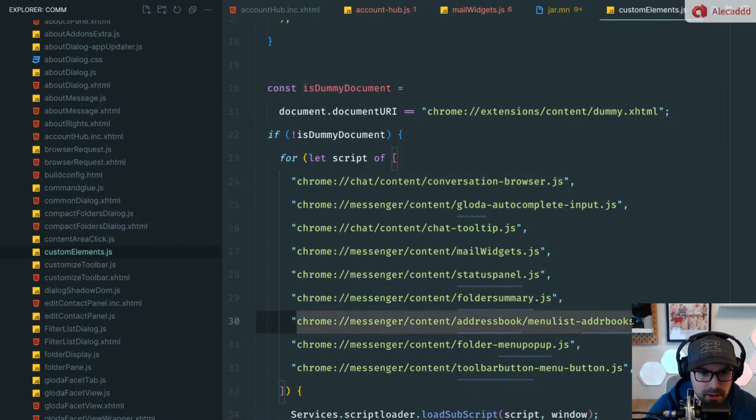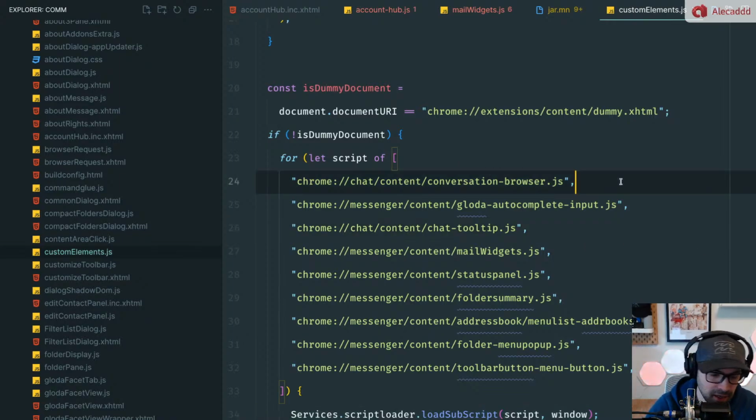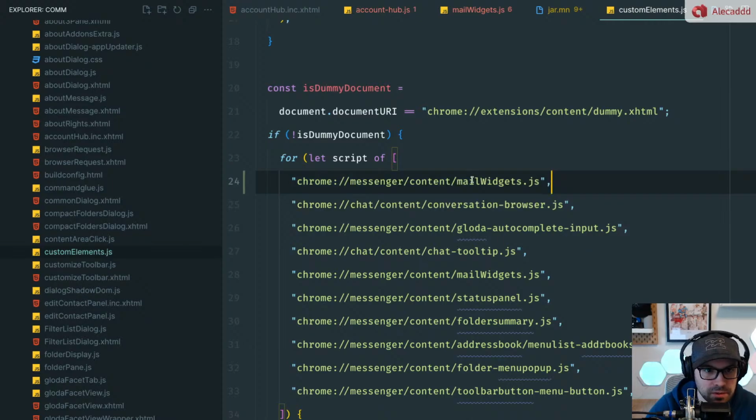It doesn't matter where, it just keeps loading it. So since this account hub needs to be available everywhere, we don't want to manually include that JavaScript file in all files. We just load it all of the time. A little bit of everything all of the time. So let's put this first, content mail widgets account. No, it's account